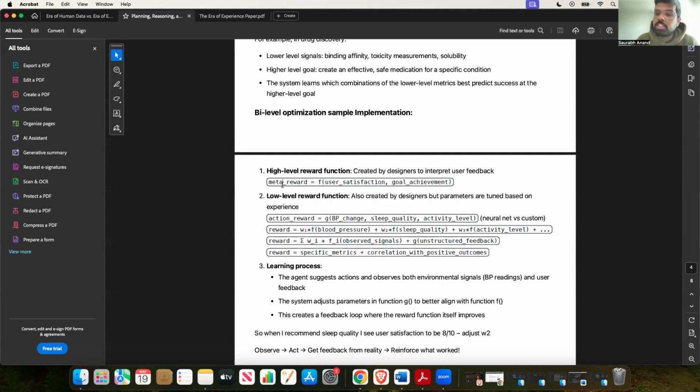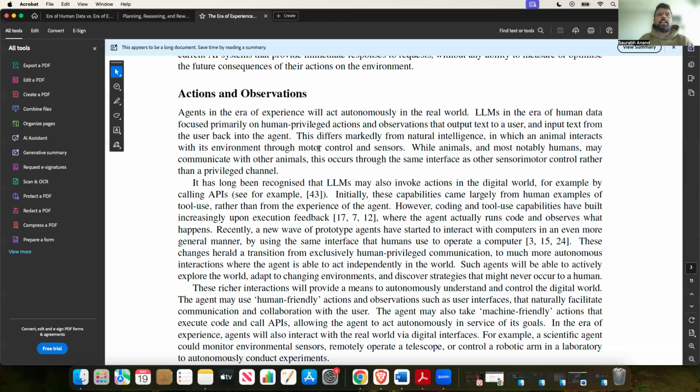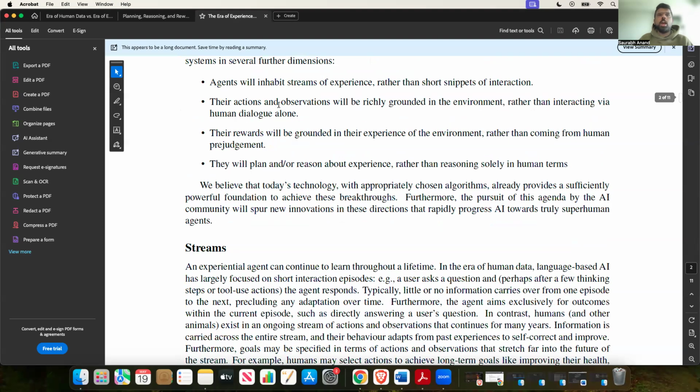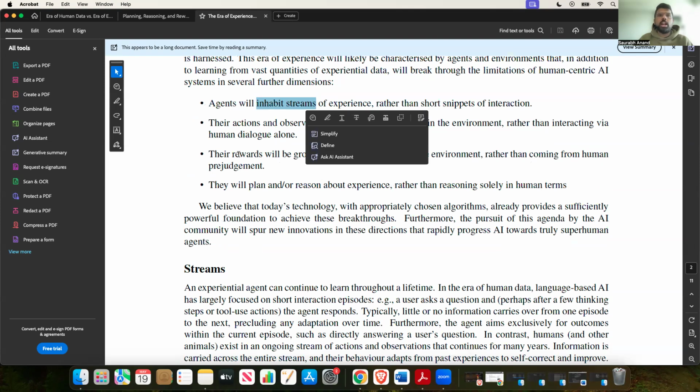But what the paper envisions is that in the future, there will be no requirement of a neural network. It will just be through pure simulations that the model will be able to understand everything. It's called a world model. That's what they call it. We'll see it in the next section. So now that rewards is complete, we'll go to the next section of the 4 characteristics of experiential agents, where we discuss streams. We are done with rewards.